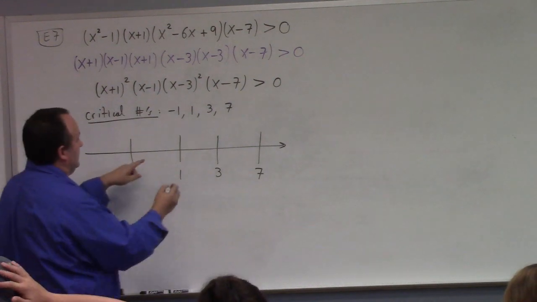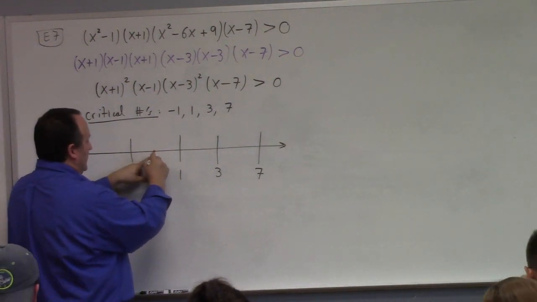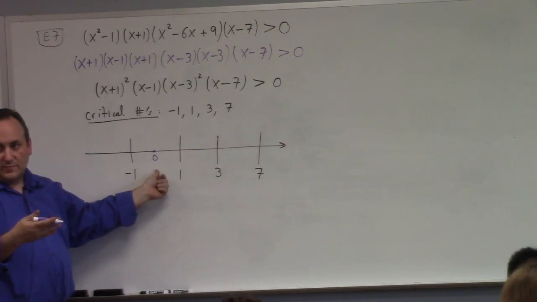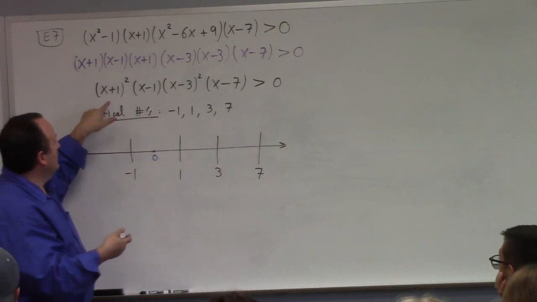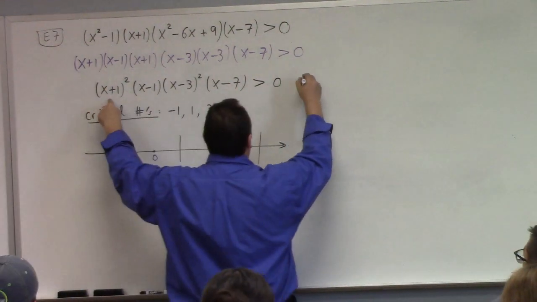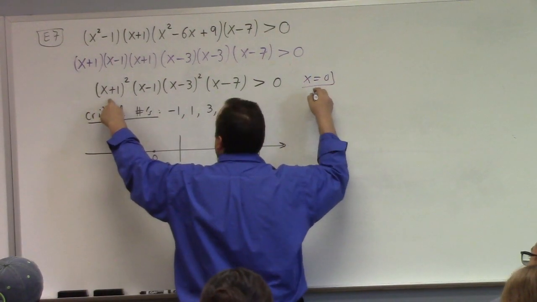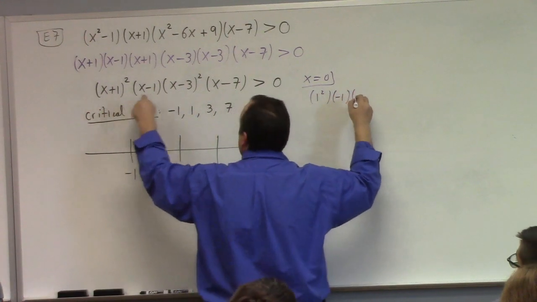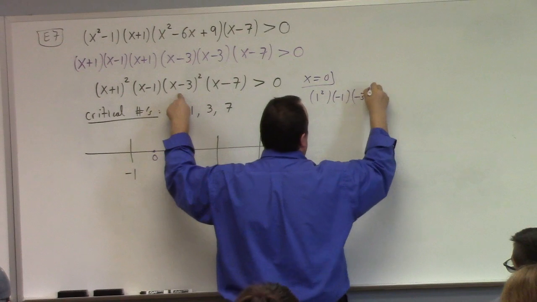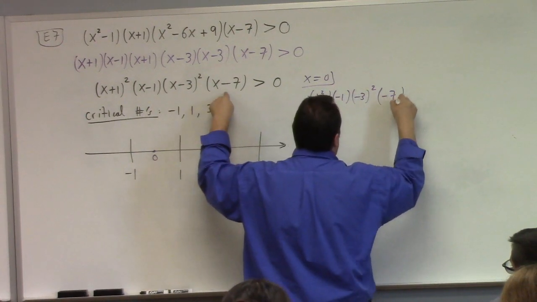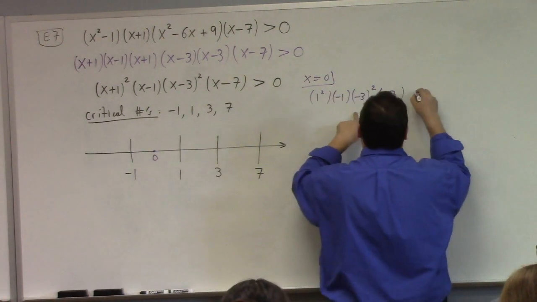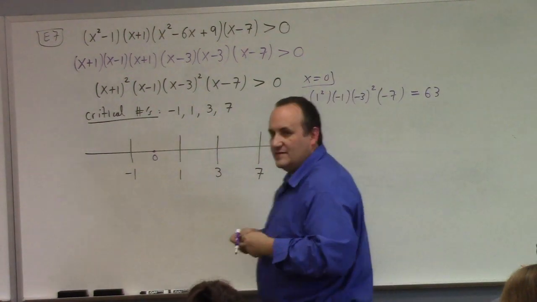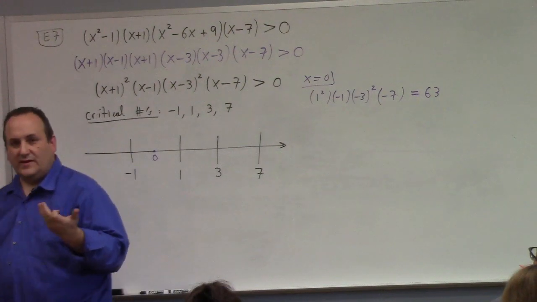Check this out. If I plug in 0, that's easy. 0 is always easy, right? What happens with 0? For 0, I'll write it out. I get 1 squared times -1 times -3 squared times -7. What is that? It's like 63. The value doesn't matter. The point is it's positive, right? Because you've got a net